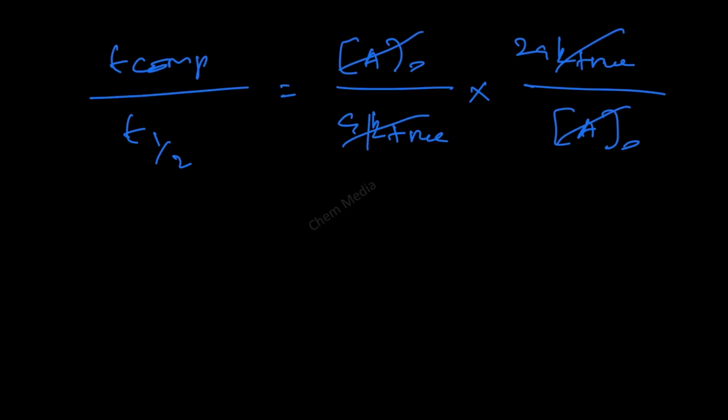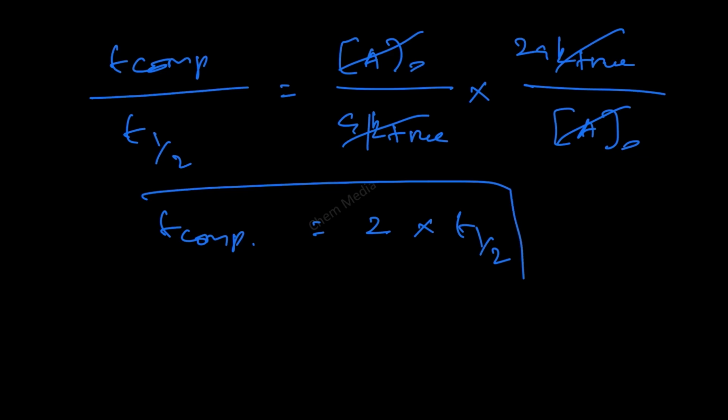So therefore, what we have is 2 times T half. I am just trying to prove the statement mathematically. The statement we had is, whatever be the stoichiometry, a zero order reaction takes exactly 2 times the initial half-life for 100% completion. So therefore,